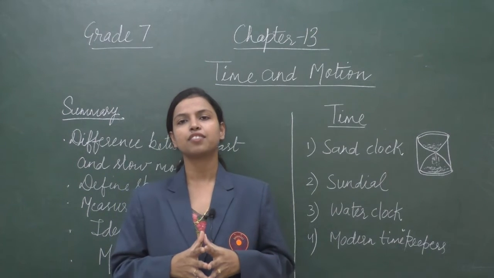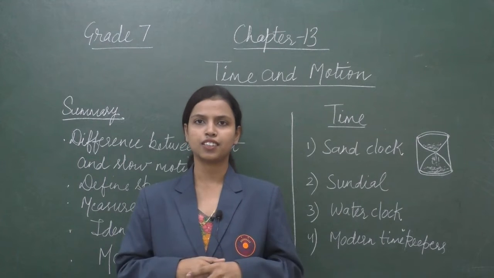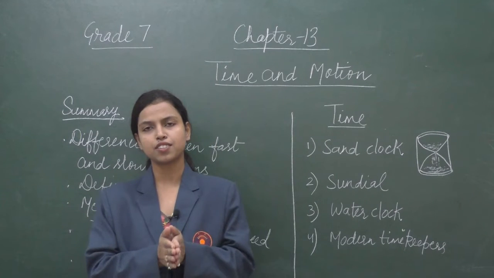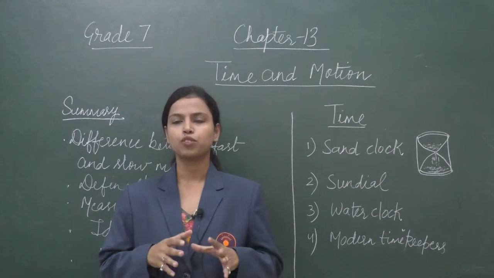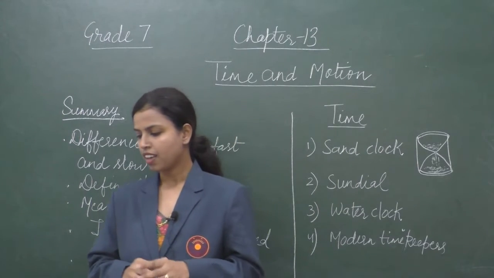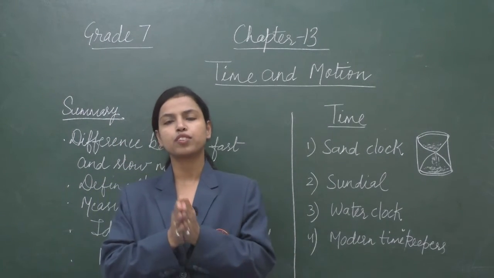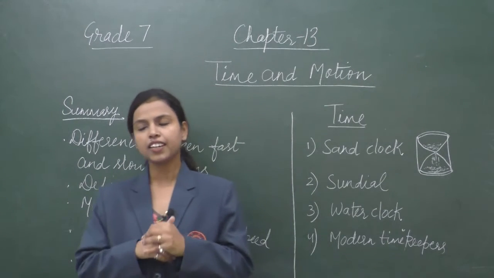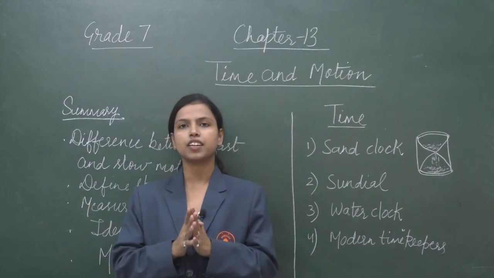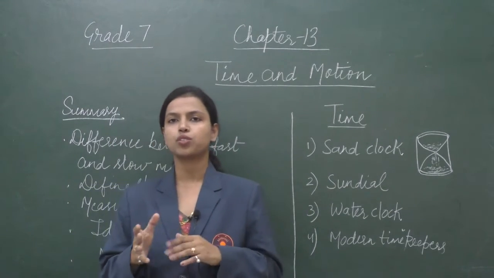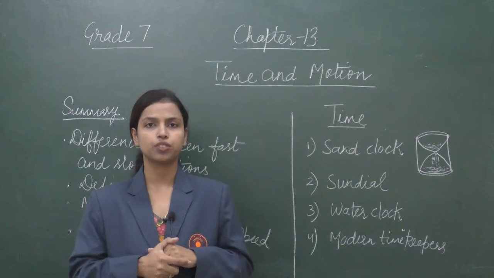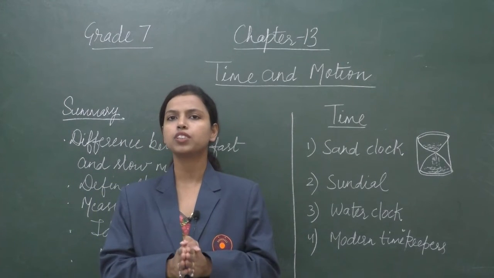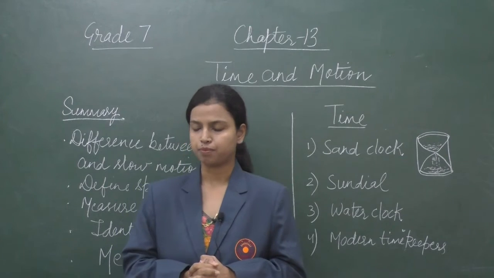So we can say that a few objects move faster than other objects. Now the same taxi moves fast on a busy road and moves slow on an empty road. So some objects move faster at one time and slower at another time. The next step is to identify whether an object is moving faster or slower than other objects. So how can we do that? To do that, you must calculate the distance covered by both the objects in the same time interval.